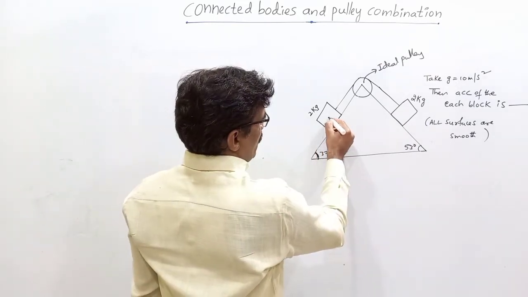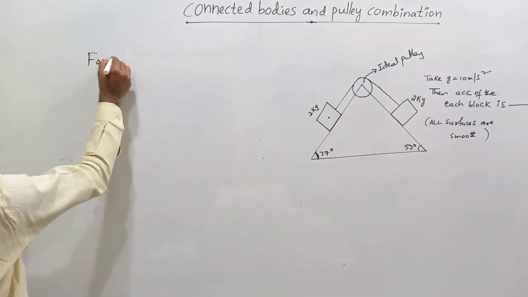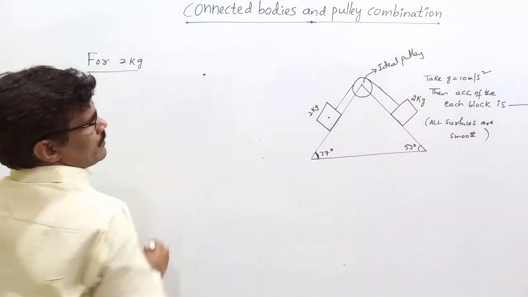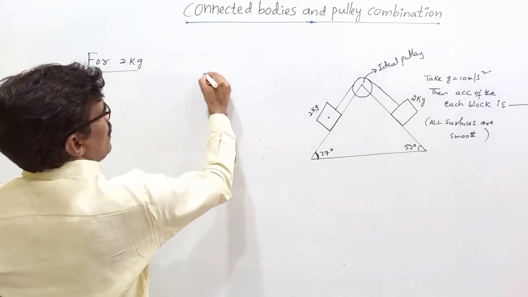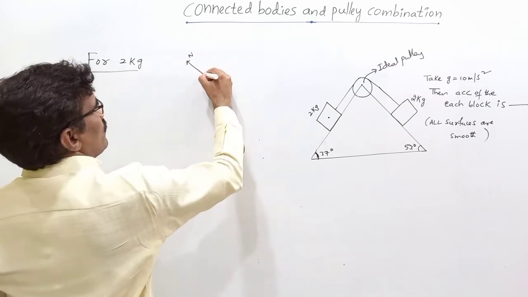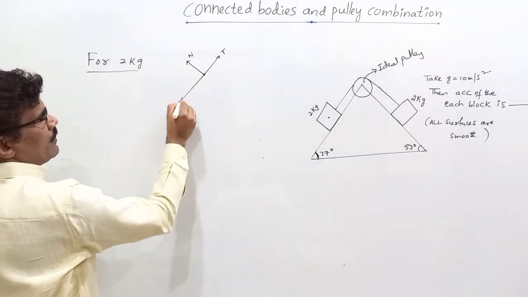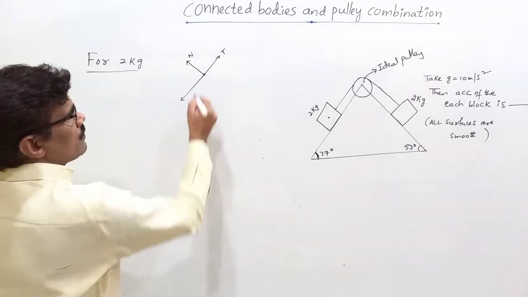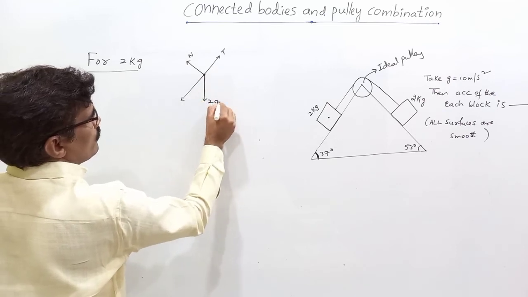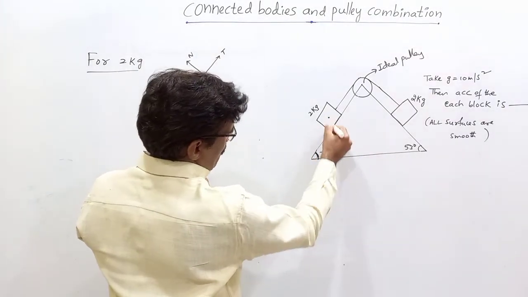So here we know its weight. What is the free body diagram for the 2 kg block? Left side 2 kg. A normal reaction on the 2 kg block is this side. Yes. Tension is this side, sir, the tension in the string. This side, we don't know. But weight is acting vertically downward. That is 2g down.